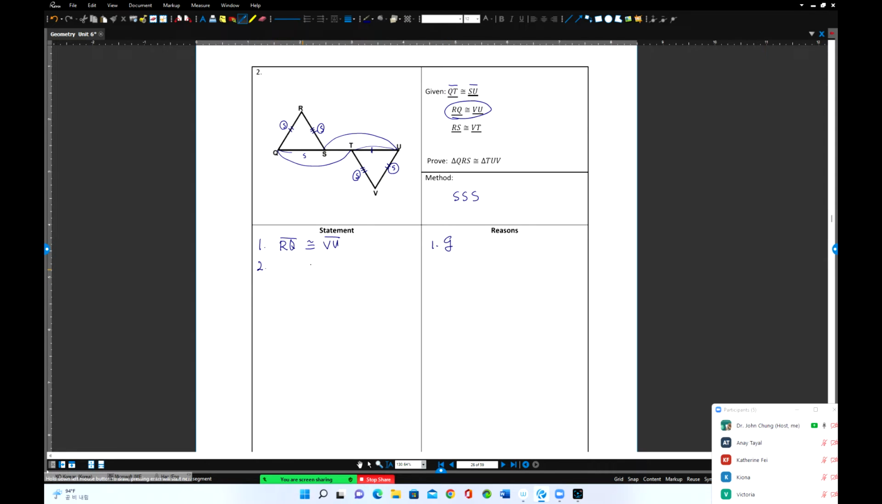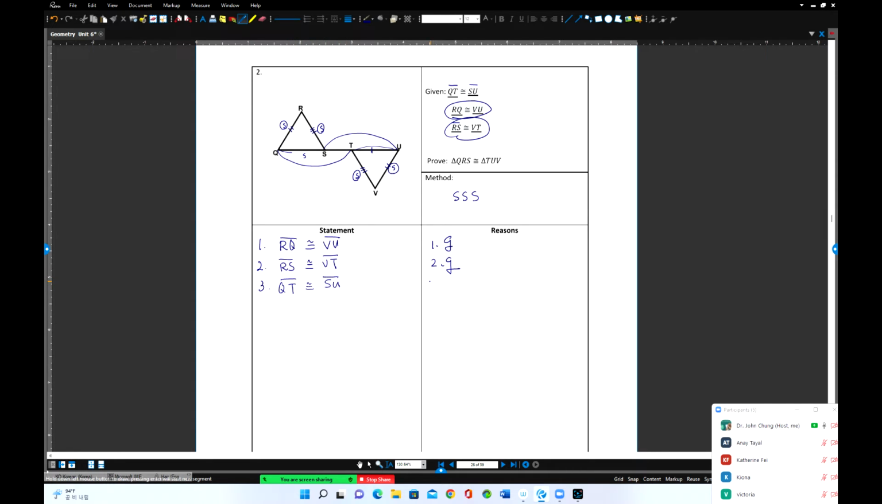The second one is RS congruent BT, okay? It's done. That's the given. Third one, QT